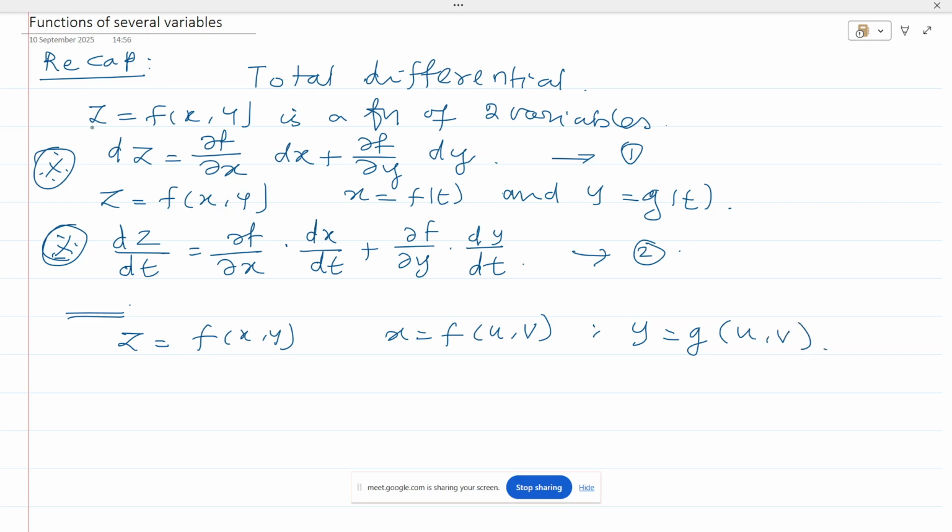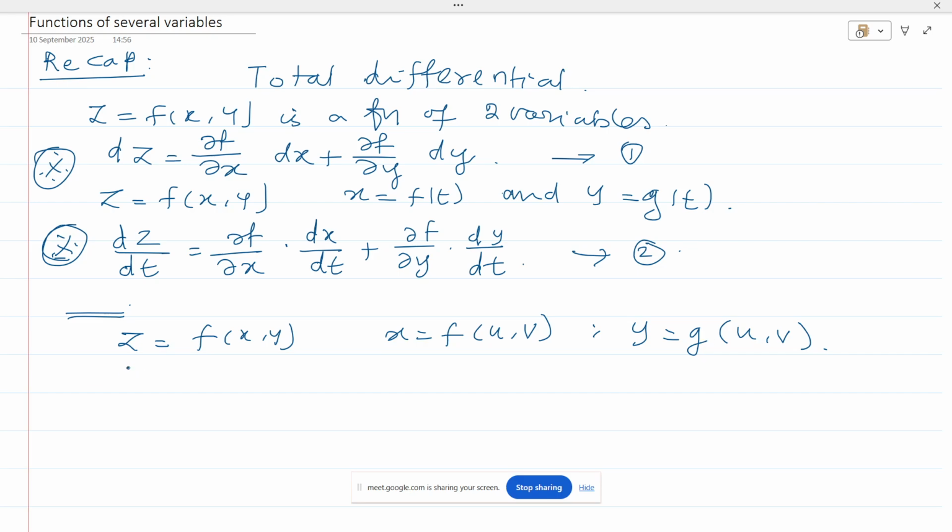So first we are taking z equal to f of x comma y. Then we are extending the concept: x is a function of t, y is a function of t. This is known as function of function. Similarly, if z is f of x comma y, x is a function of u comma v, y is a function of u comma v,